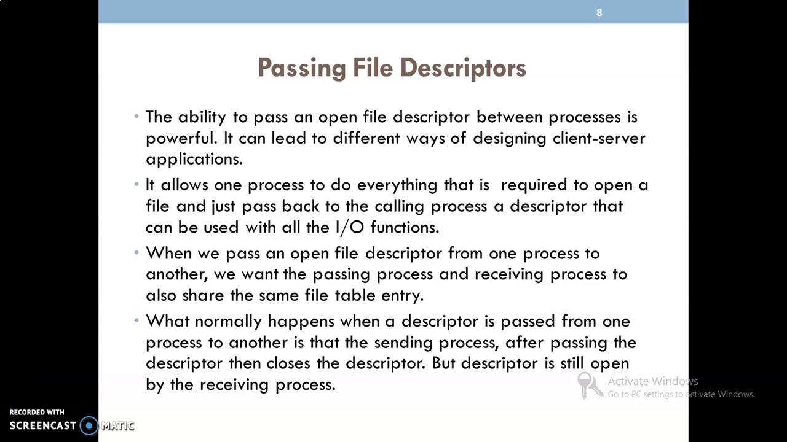In today's video, we will discuss passing file descriptors. The first point related to this concept: the ability to pass an open file descriptor between processes is powerful. It can lead to different ways of designing client-server applications,